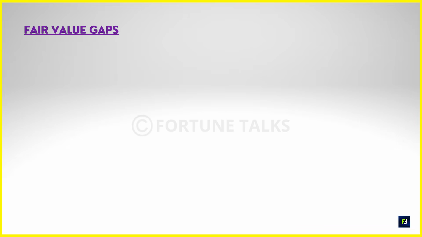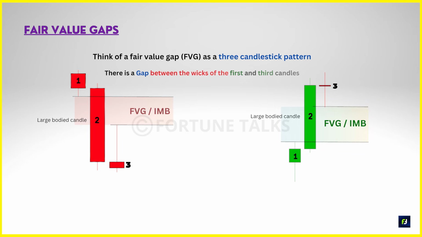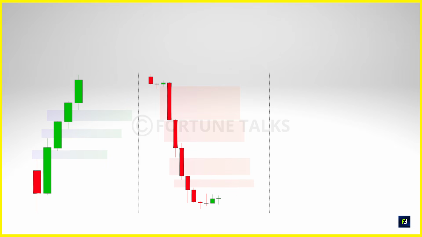Let's begin with a brief introduction on what a fair value gap is. Basically, a fair value gap is a 3-candle structure indicating a gap between the high and low of the first and third candlestick as shown on the screen. It could be a bullish fair value gap or a bearish fair value gap depending on the direction of its formation. A fair value gap, as you may already know by now, represents an imbalance or inefficiency in prices in